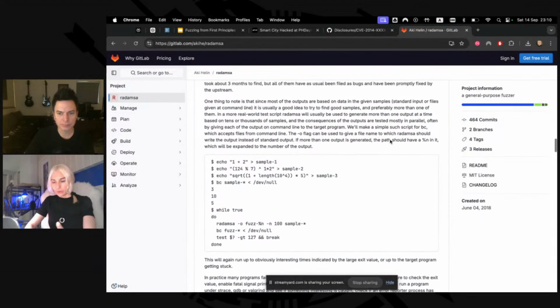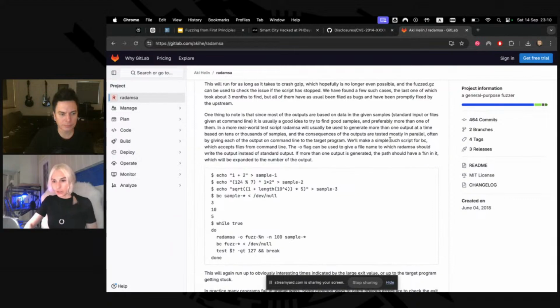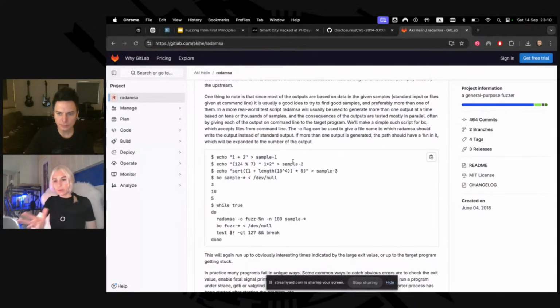Now back to radamsa. Why is it so good? It isn't shown here, and I cannot show you the specific mutations that it has. The power of radamsa is it has a wide array of mutations that it will apply either to the full file or to some section of it. And the mutations are really varied. It's not just flipping bits or rotating a byte.